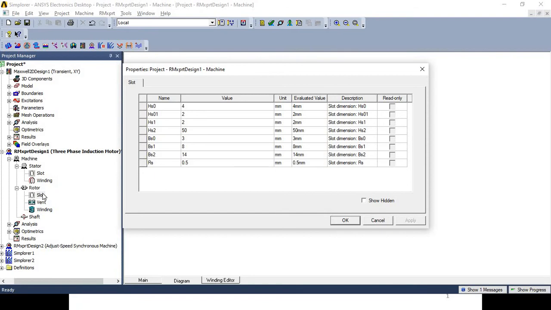Now we have to give the input of those parameters. For this, the input is HS0 4 mm, HS01 2 mm, HS1 2 mm, HS2 50 mm, BH0 3 mm, BS1 8 mm, BS2 14 mm, and RS, that is 0.5 mm.